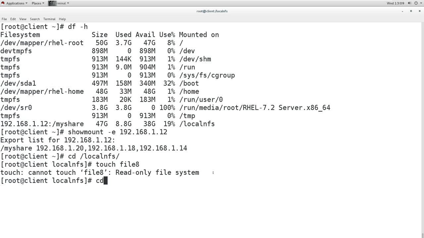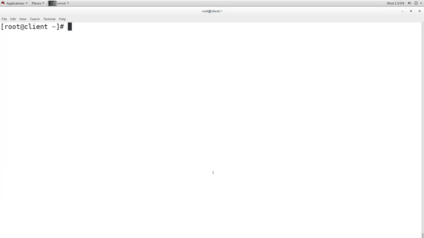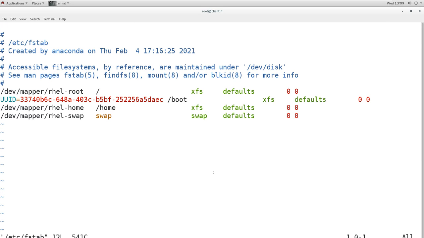Now this is what we made mount by manually using the mount command. Now if we want to make it mount after reboot also, then we can add it into the fstab file. We can make it permanent by adding it into the fstab file. So how will you add it into the fstab file to make it a permanent mount? We will open the fstab file here, just like we used to mount the normal partitions. We go to the fstab file, and in the file we will use this.